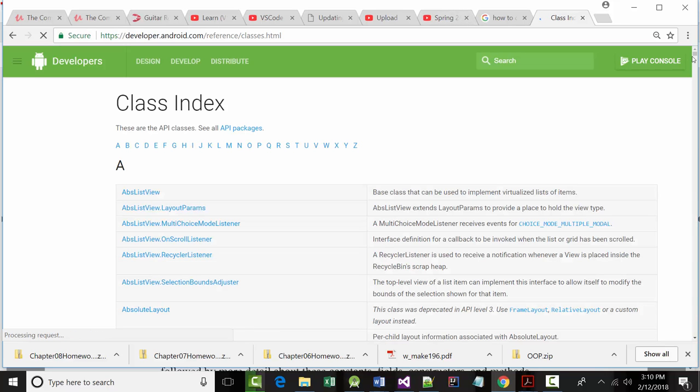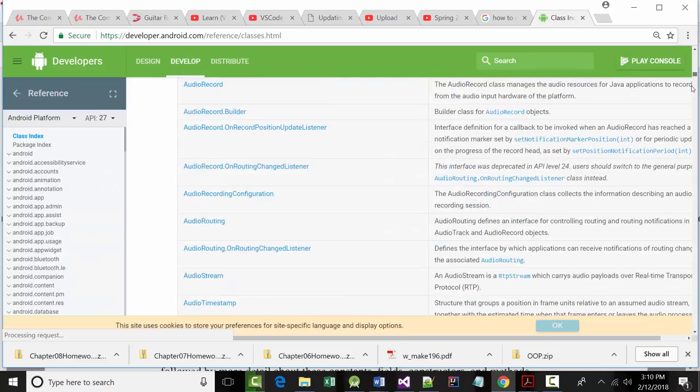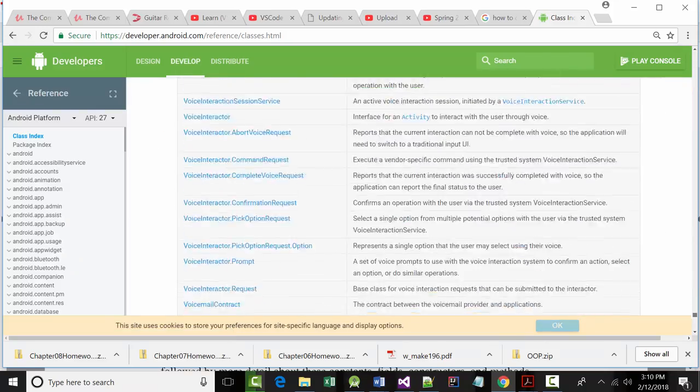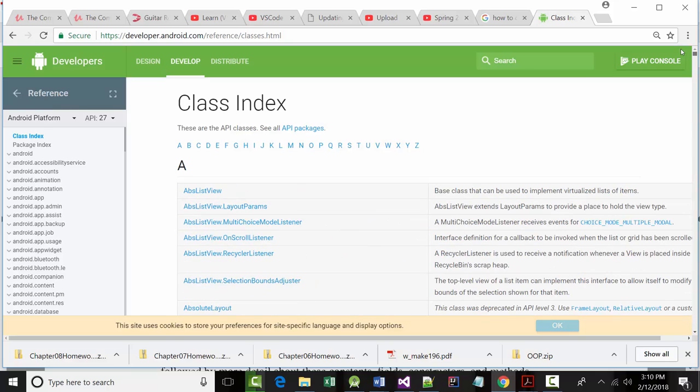As you may guess, please take a look on the screen. That has in there virtually every class that exists for Android applications. That's the ultimate resource. So if you're working and you're having a problem with using arrays with Android,